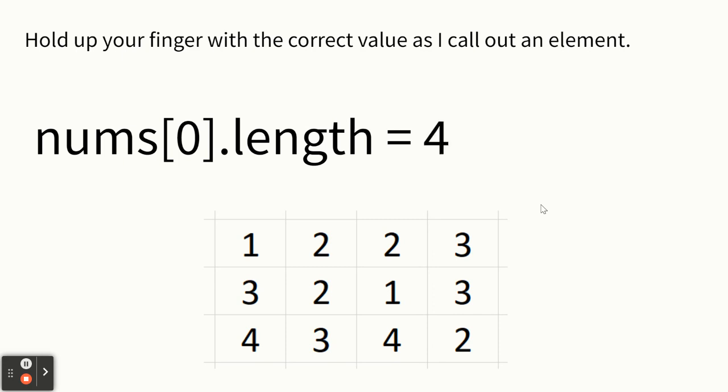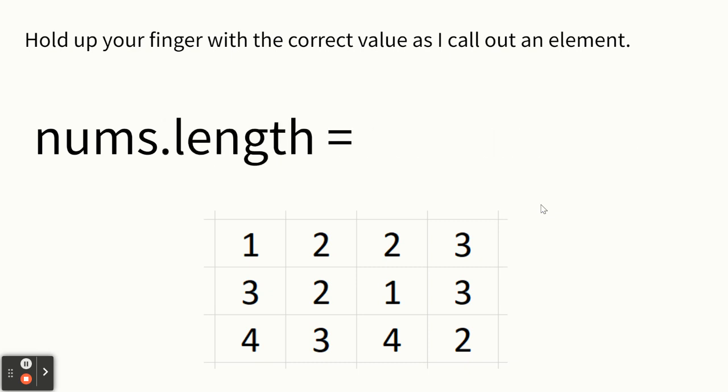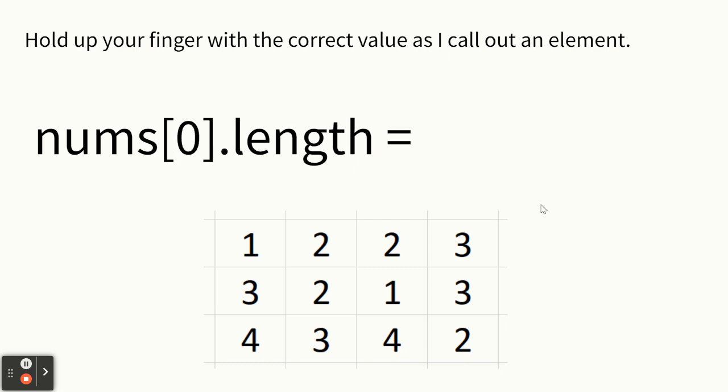That's how many columns. This is what I'm saying. If you want to know how many rows there are, just get the length, nums.length. And if you do nums[0].length, or technically you could do nums[1].length or nums[2].length, but it's always safe to do nums[0].length, because we're going to be working with arrays that have rows. So it has at least 1 row. It may not have 2 rows, but